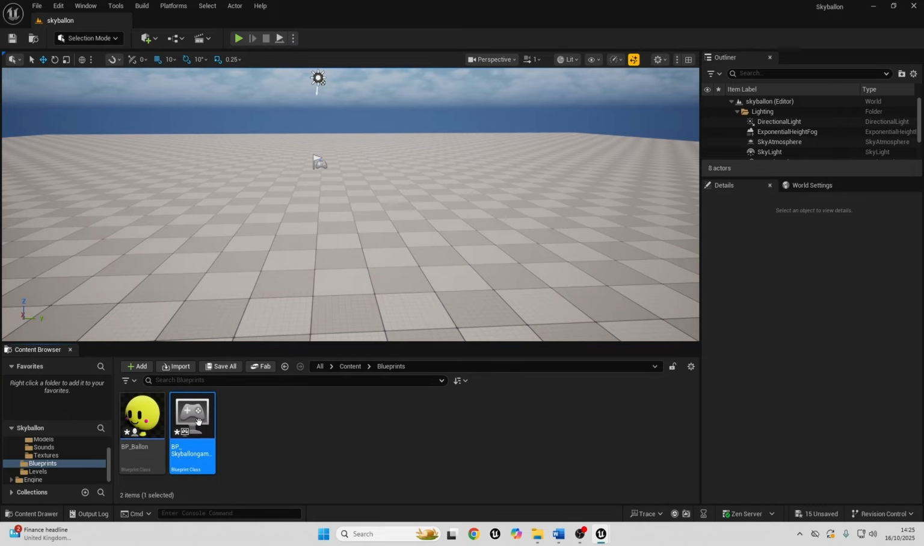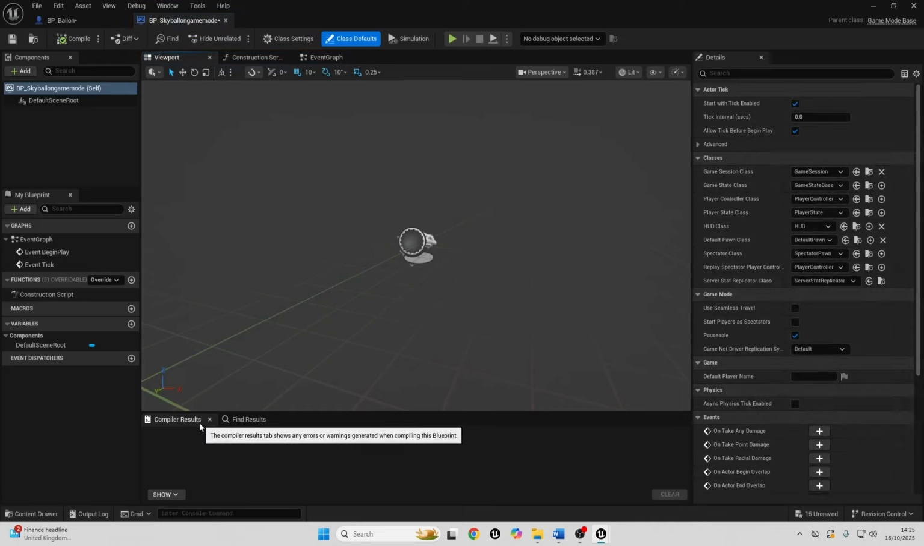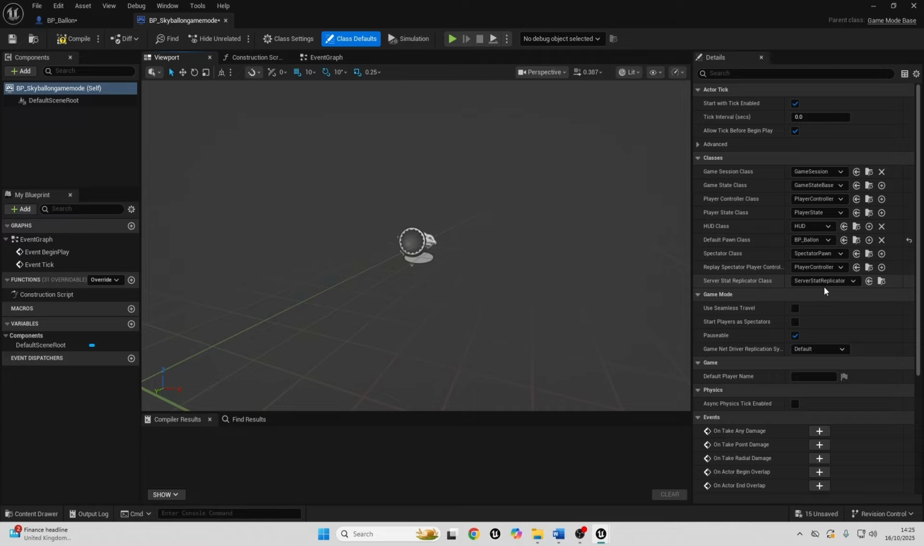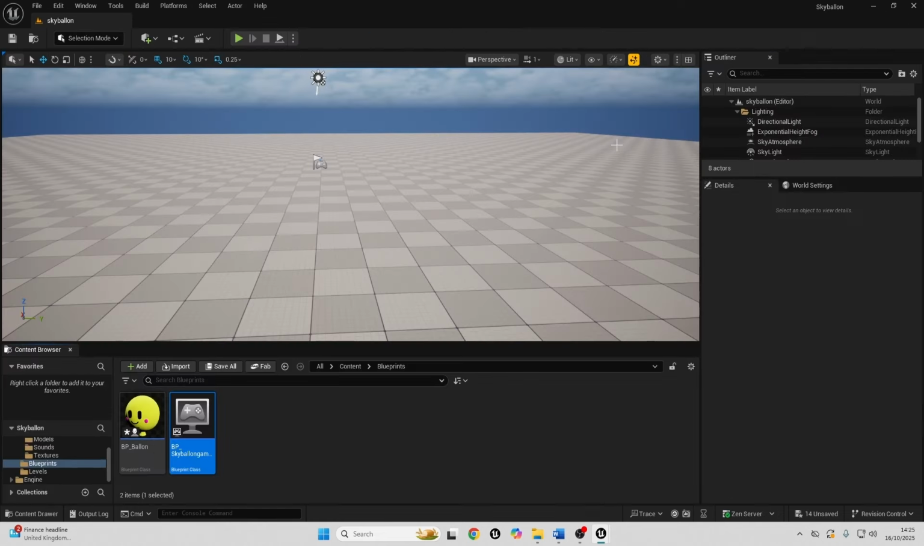Now in our game mode, we can decide what character we want to start our game as. We can do that by deciding what the default pawn class is going to be. And we're going to make the default pawn class the BP balloon. Compile this and save it. So this will make it so we start the game off as our BP balloon character if we're playing in this game mode. We can then just minimize this,